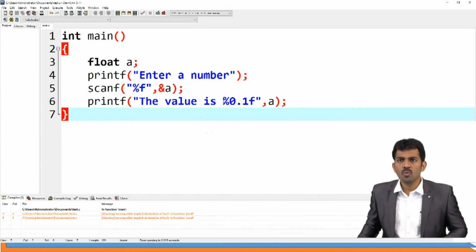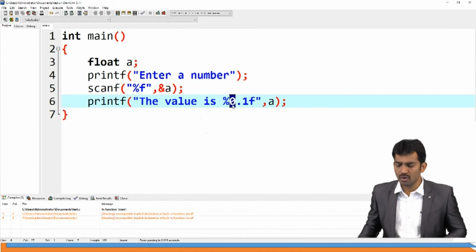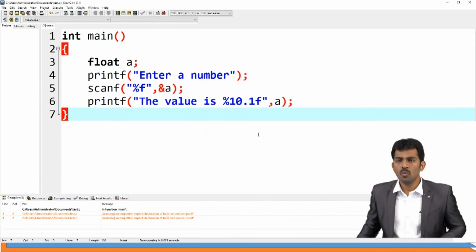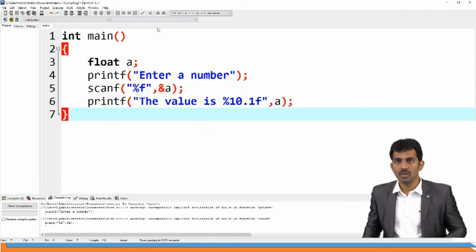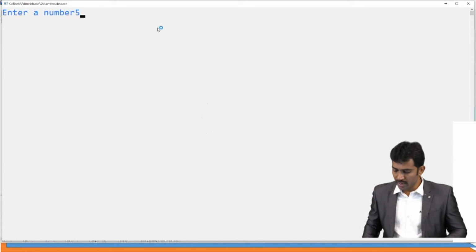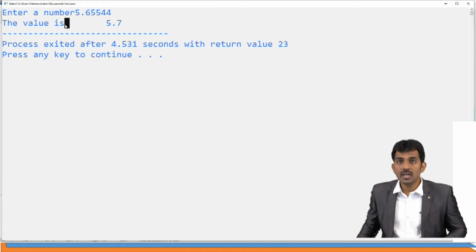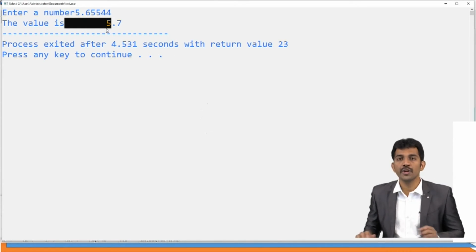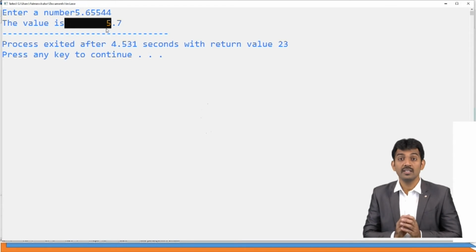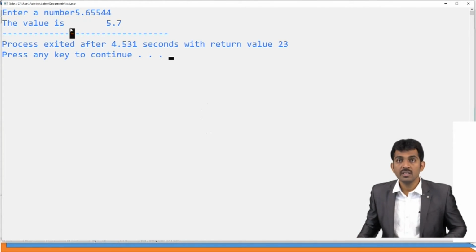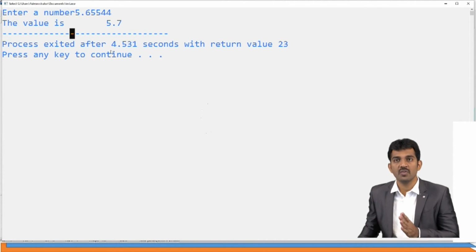And what happens if, instead of 0, here I use a 10? What is the result? See, if you run this code and give 5.6 or some value, it is going to give 10 spaces, including the number it prints. 10 means we are going to use 10 spaces, that is, 9 spaces and 1 number.